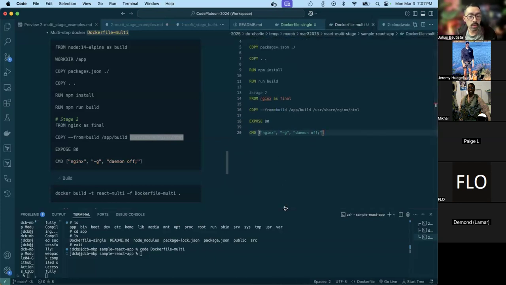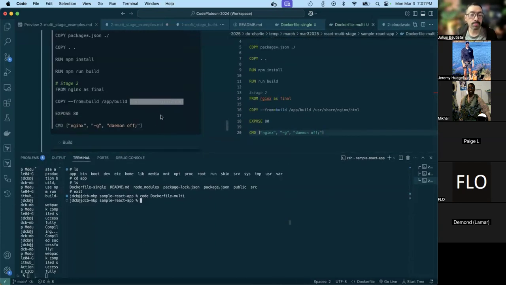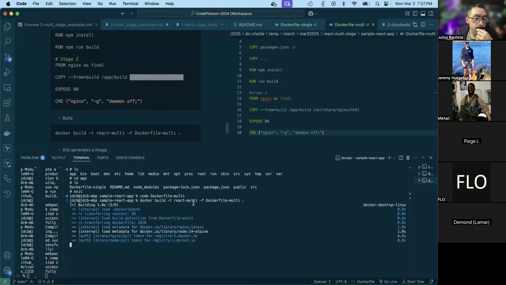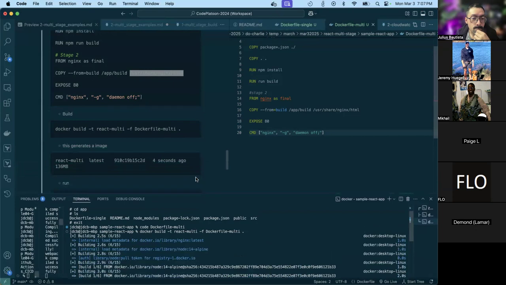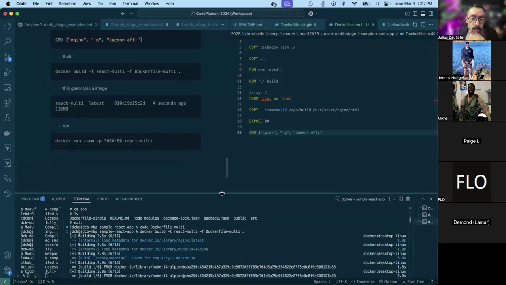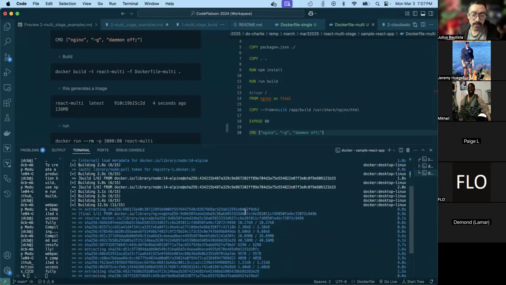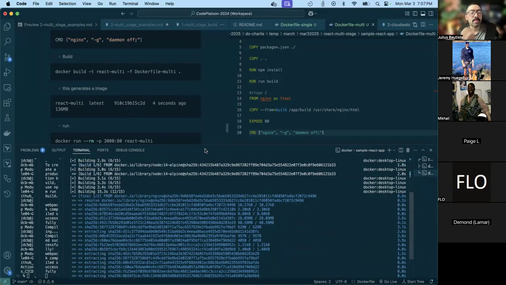So now let's go ahead and build this. Docker build. We're going to tag it. We're going to call it react-multi. We're going to specify the exact file that we want because we have multiple Dockerfiles, and we're going to pass in the path where it's going to find this file. This should create an image, and once we run this image, we'll exec into it and look for that build folder. Actually, now that I think about it,